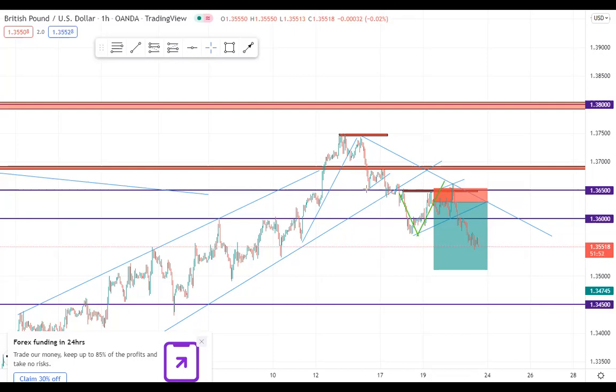Remember, this was the last zone, or rather the last low the market created before breaking. So